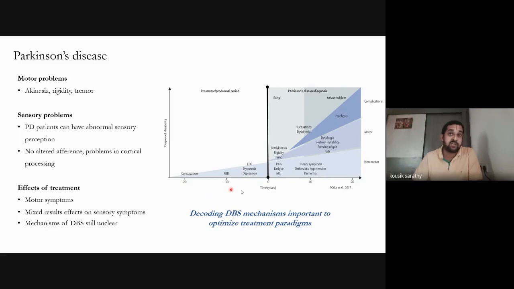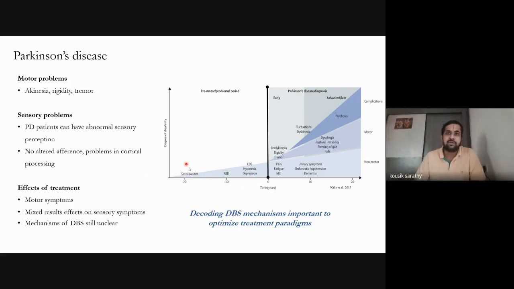And there are a lot of randomized controlled trials that are actually running to see if constipation or RBD. RBD is REM sleep behavioral disorder. So typically, when you are in REM sleep, you're dreaming, and I'm sort of caricaturing it, but broadly, when you dream, you don't act out your dreams. There is a strong inhibition of motor activity or actuating your dreams. But in case of RBD, patients actually literally start acting out their dreams. And that can happen anywhere between 7 to 10 years before the actual onset of motor symptoms.